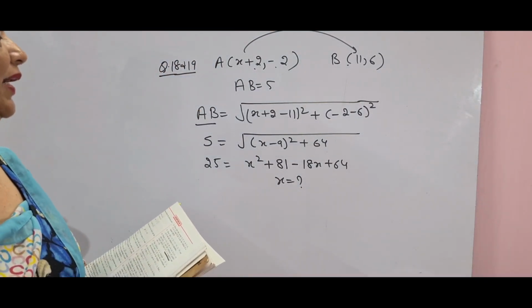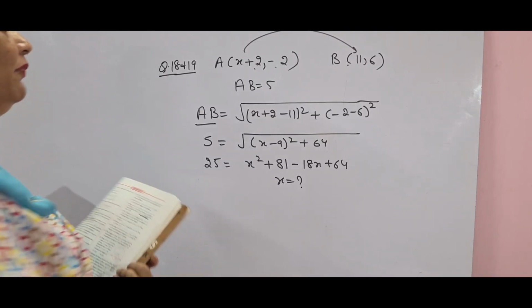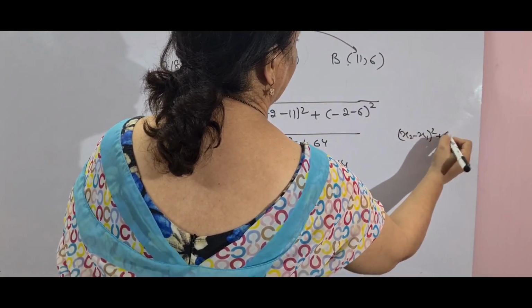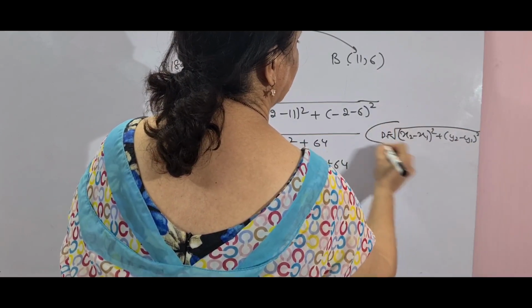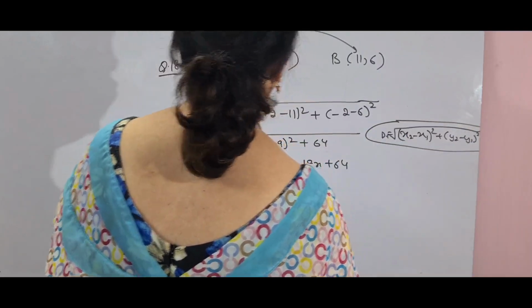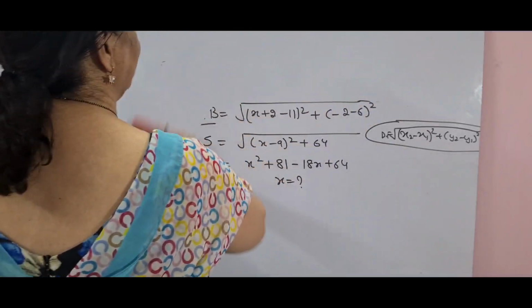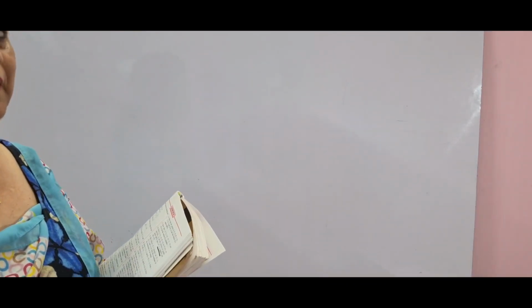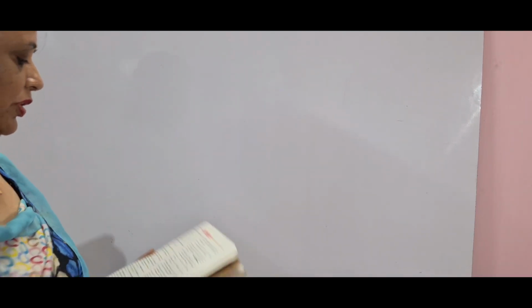18 and 19, again important sums for the compulsory section. And see children how easy it is. Again and again I started with only one formula, the square root of (x2 minus x1) whole square plus (y2 minus y1) whole square. This is the distance formula which has been used in the whole exercise, and little conditions are different in all the sums, for which I have given you hints, and according to the hints you will solve it. This chapter is very important because it is the base of a very big chapter of standard 10th, so you have to be very careful. Do it very nicely so that in the paper you don't find any difficulty.